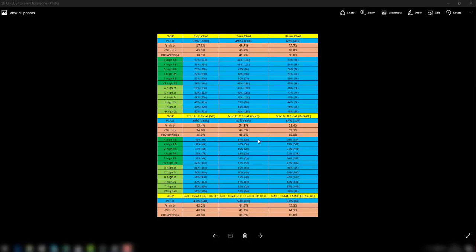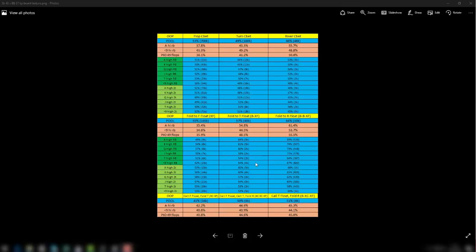So that 10% hotspot that we identified by looking at the average data is still intact for both the ace-high rainbow board, 64% versus 55%, and the 9-high and less board, 54% versus 44.5%. So from this we can see that the pool is deviating with roughly the same sort of order of magnitude as PO would. The pool was out in the first place, and it's still out to the same degree on both